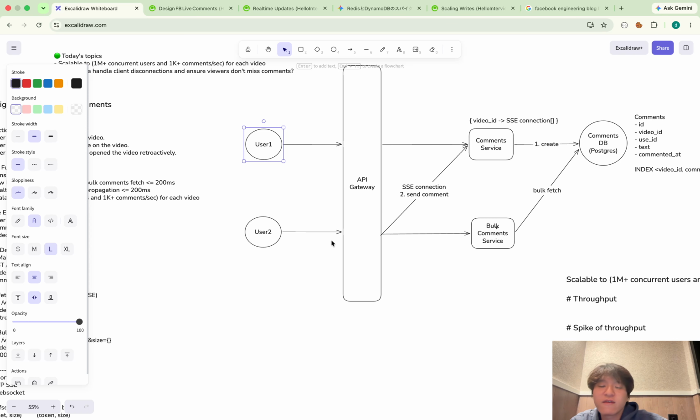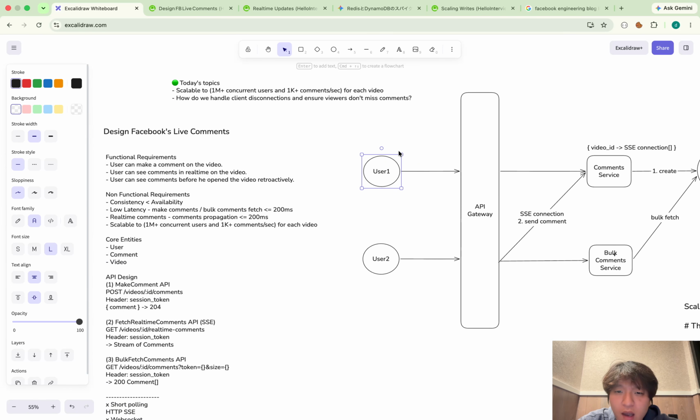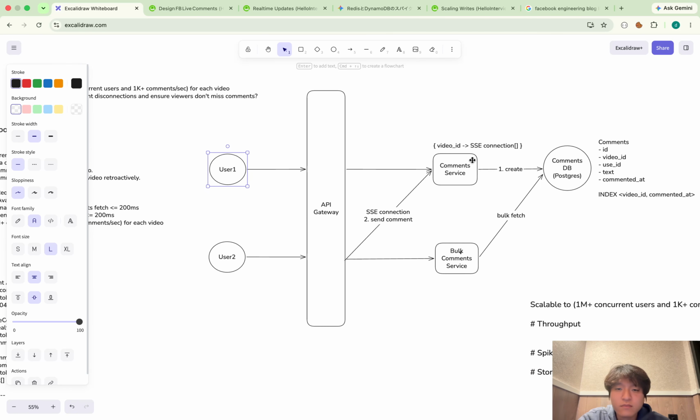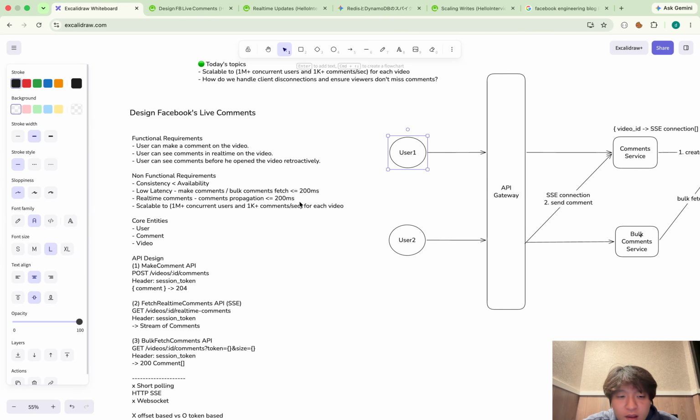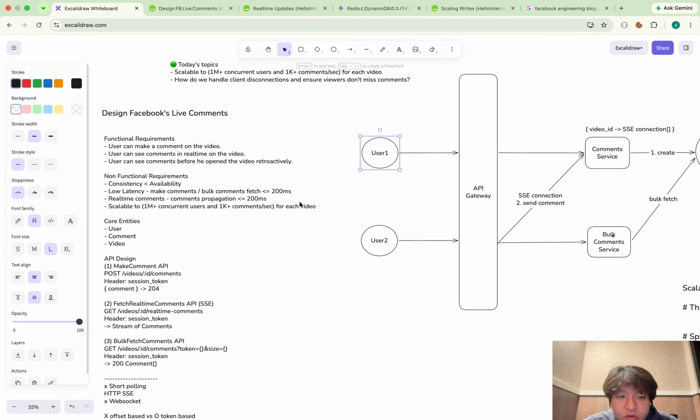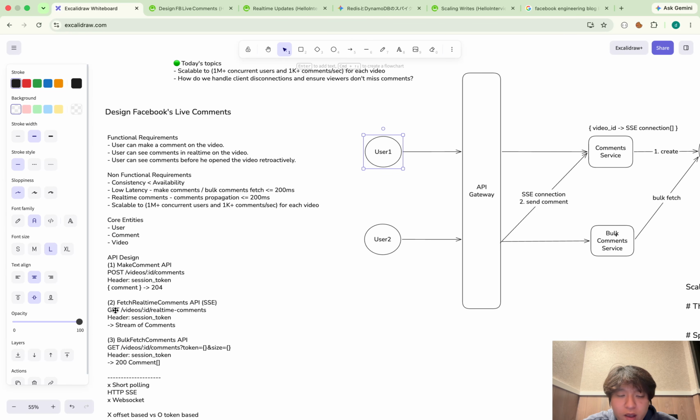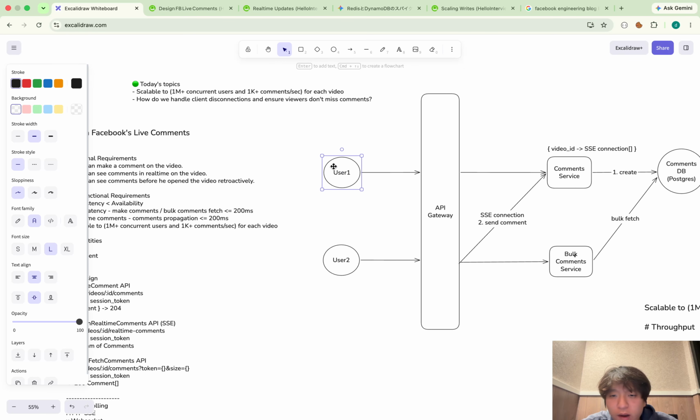This is how real-time comments currently work. As I said, I have 2 endpoints for real-time live comments: number 1, the post comment API, and number 2, the SSE connection, the fetch real-time comments API.